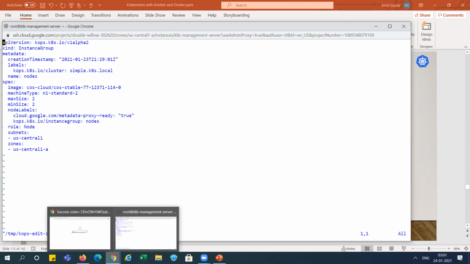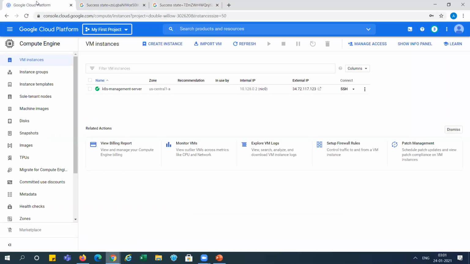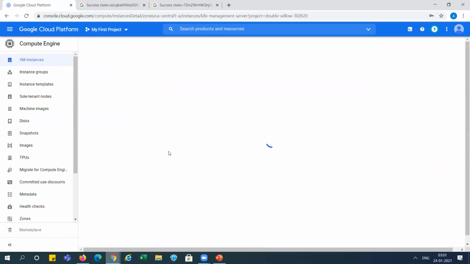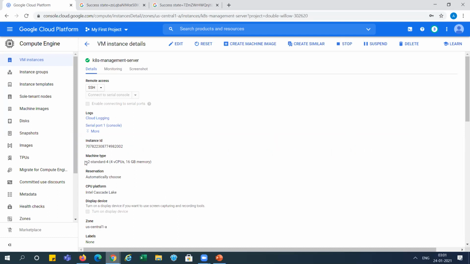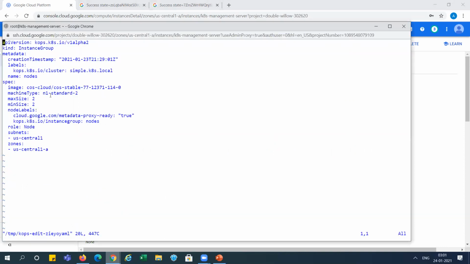And currently, in our machine, I'm using another instance type. Let me open it. You can see here we are using N2 standard 4, this one. This is N1 standard 2.